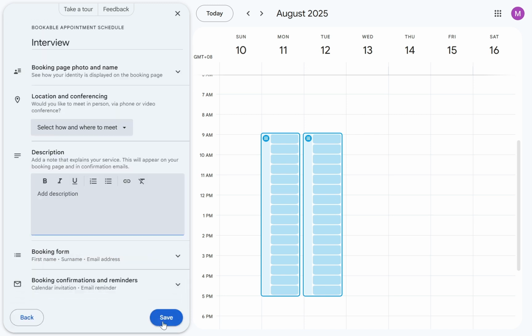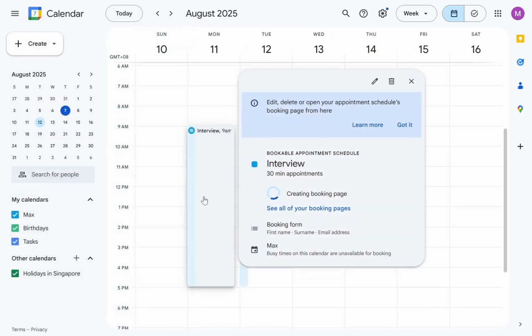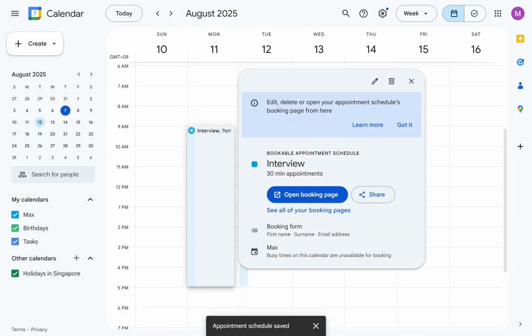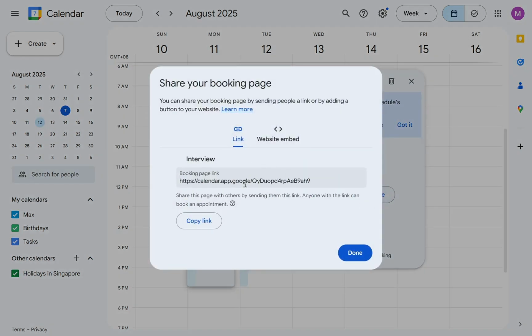So we're going to click on next. Then you can customize all of these if you want. We're not going to do anything. Click on save. So now what we can do is we're going to copy this booking form, copy the link,